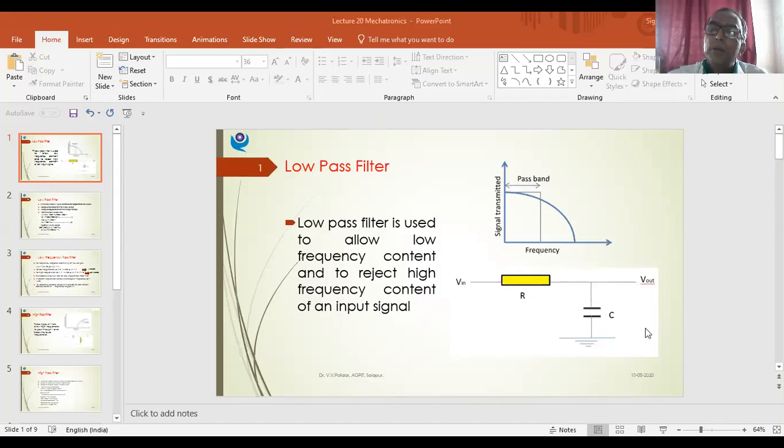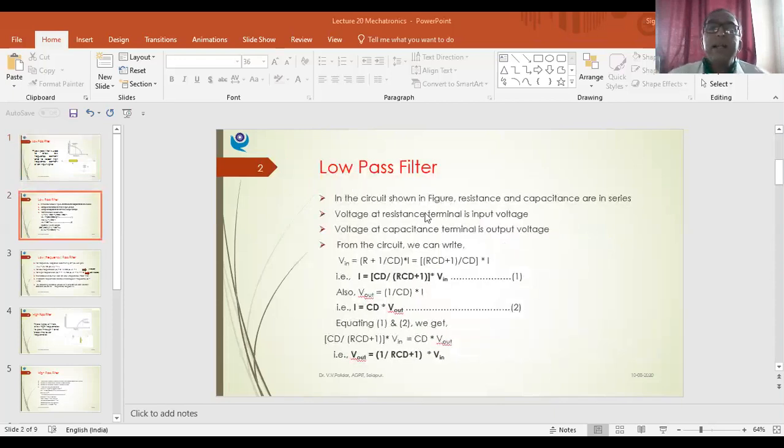V out, the total potential drop, is equal to the individual potential drops. So what are the components in the right half of the circuit? Just capacitance C. Just now we wrote for the left part. The potential drop across C is 1 by C integral I dt, so it is simply 1 by CD into I, isn't it? So let us note down the equations now. I have written those. Just be attentive.